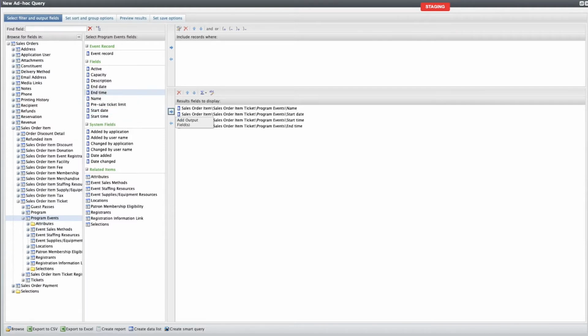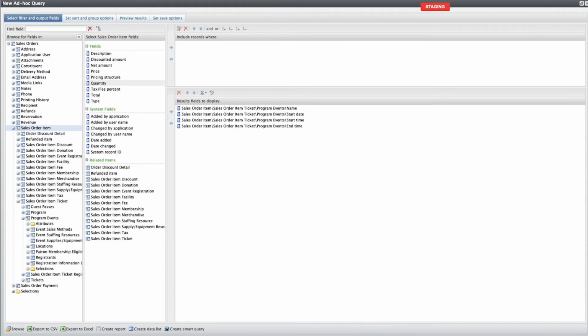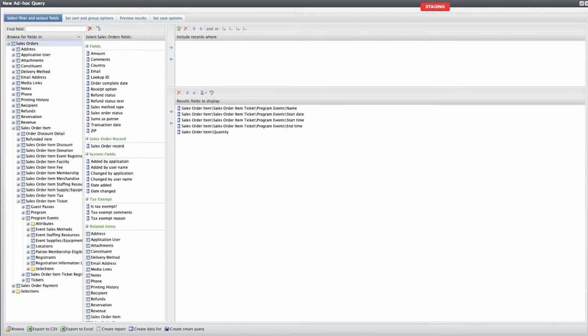And then the end time. And then we're also going to need the quantity for all the order items that were purchased. So if we go to quantity, here's our quantity here. And then we're also going to need the sales order record ID. This is how we're able to do a sum of multiple items being purchased. So it's very important that you do this sales order record ID because we're going to need this here shortly